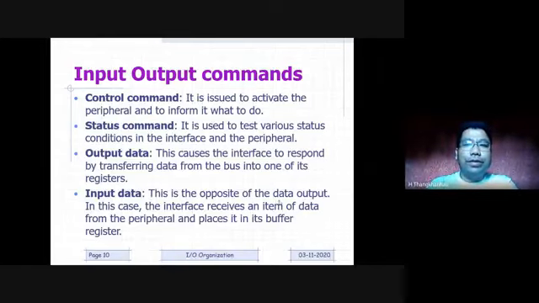Now let's go to input output commands. Okay, the different commands operated with the input output devices. Okay, the first one is control command. It is issued to activate the peripheral or to inform what to do. First of all, it needs to be activated. All right. For example,